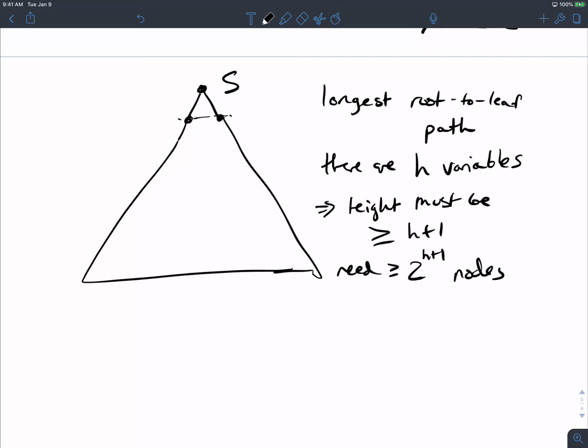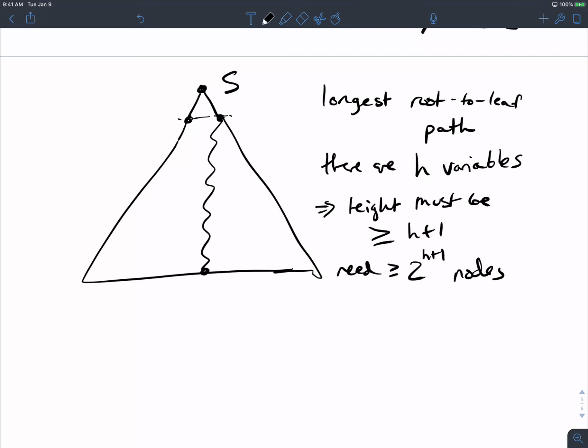Okay, so we're looking at a longest root to leaf path, which let's just say is this one right here. Going from the top and going down through, let's say this is the longest root to leaf path, and therefore there must be a repetition of a variable somewhere in that grammar.